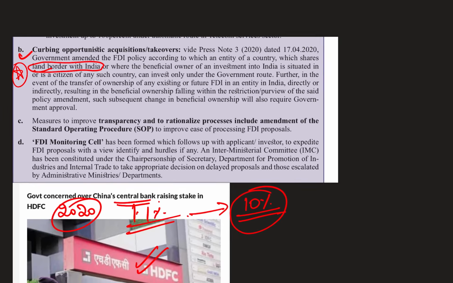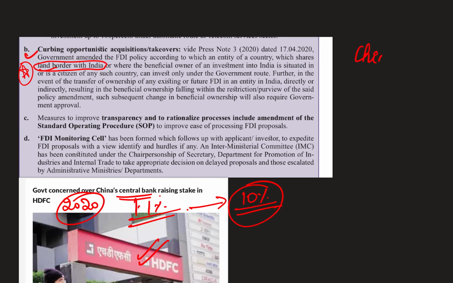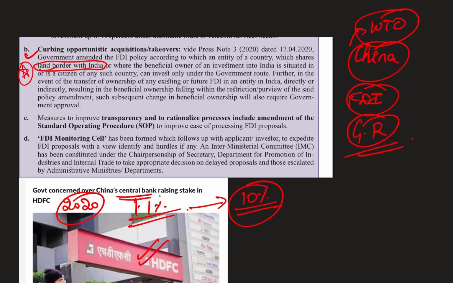It said that instead of directly attacking China, we can't actually target China because this is against WTO rules. So India came up with a rule that if FDI is coming from any countries bordering India, that is, sharing a land border with India, then it should comply with the government route irrespective of the sector. So the automatic route is not taken in this particular case,